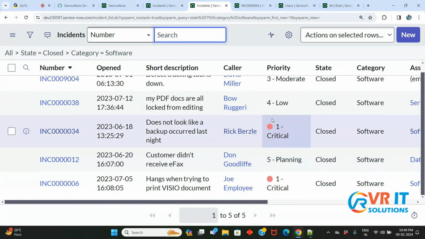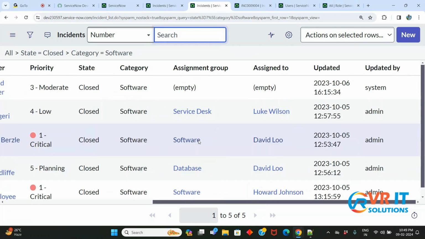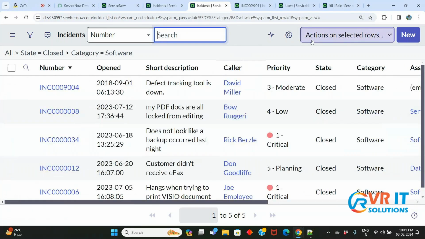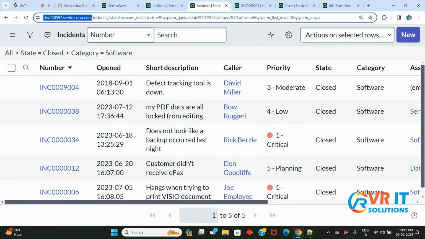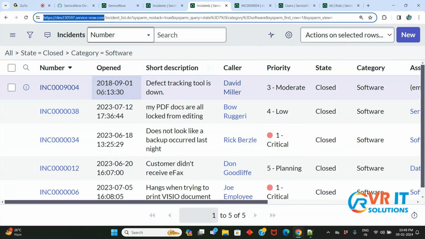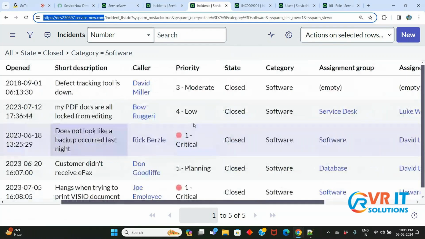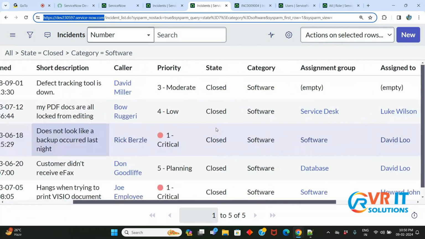Default list will be common for all the users. So any user who wants to personalize the list will be able to make changes on the default list. Otherwise, every user within an instance, the default list view will have the same columns. So now Bo Robbery has this default list view, and I also can have this default list view